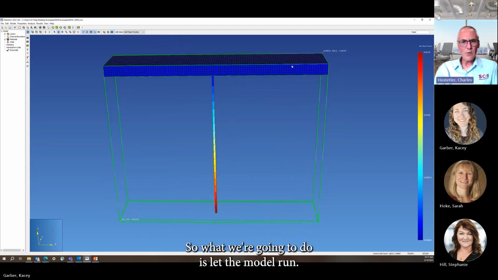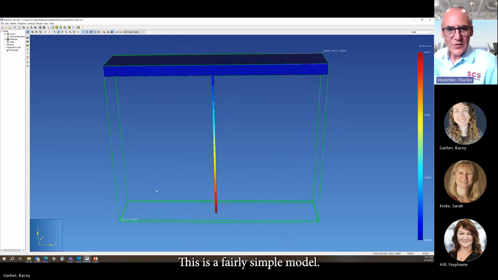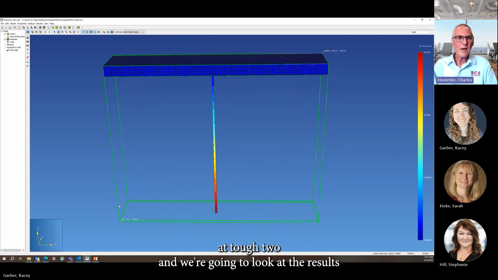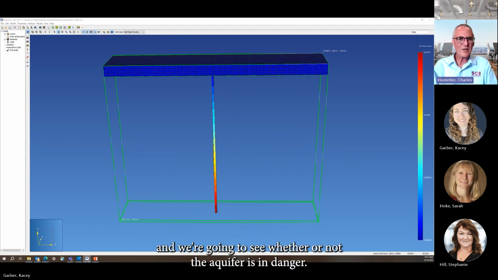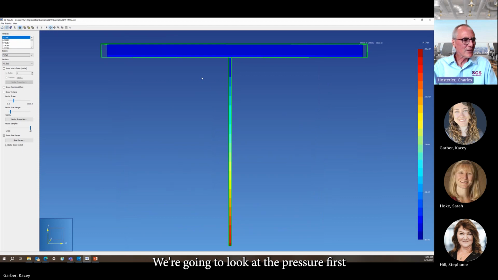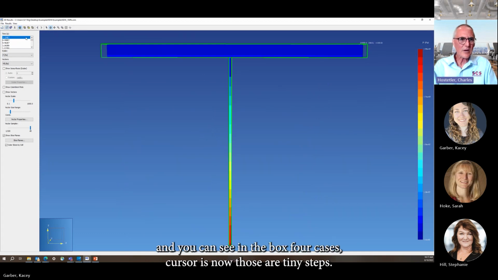So what we're going to do is let the model run. This is a fairly simple model. It takes about half an hour to run TOUGH2, and we're going to look at the results, and we're going to see whether or not the aquifer is endangered. We're going to look at the pressure first,